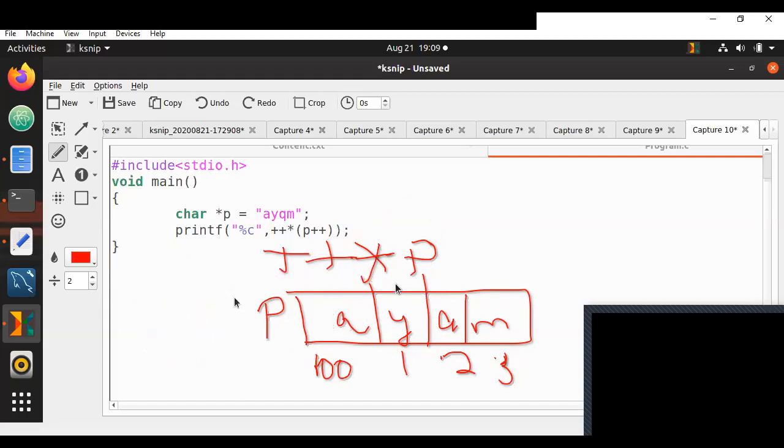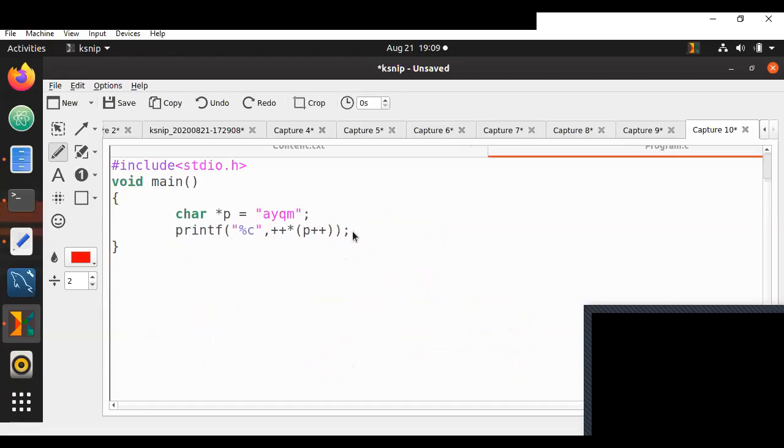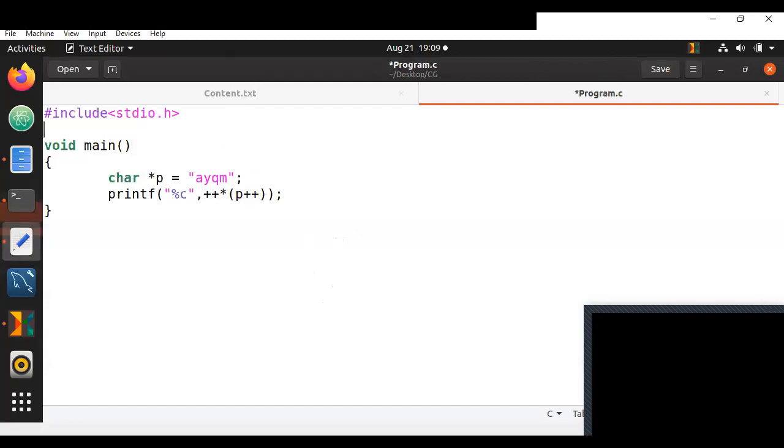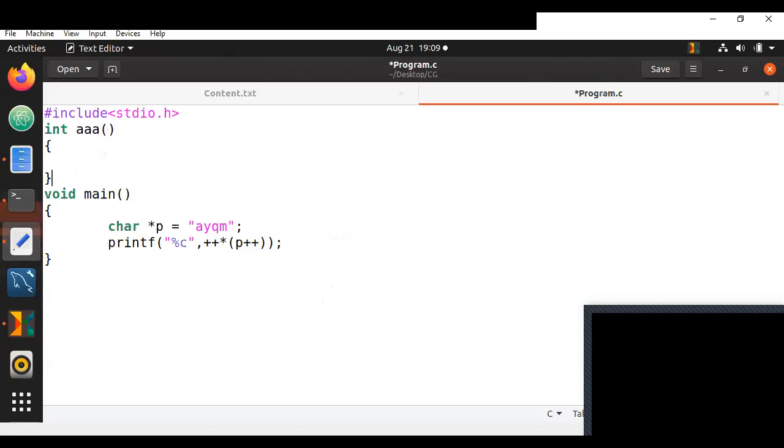So let us get back to our case. Since I cannot execute this in this particular compiler, there is no point in spending more time going through this. Instead, let me spend a little time going through an entirely different program. Let us take three functions called int tripleA and let us print hi over here.